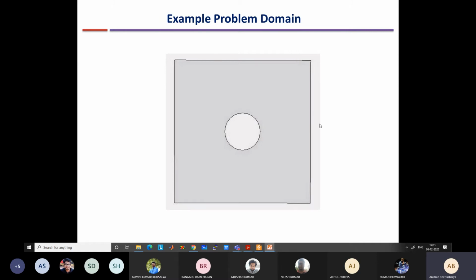The boundary is outside, and I can give a boundary condition like u is equal to 10 meter per second on the left side, and some other boundary condition here, pressure, and on both top and bottom I can say a no slip condition. So this is the object in your domain.